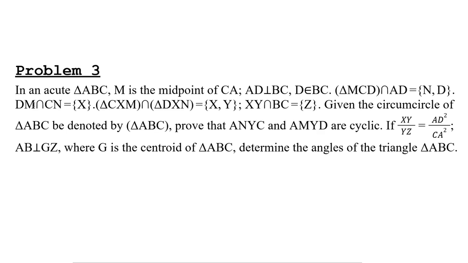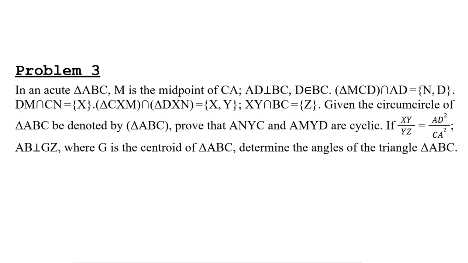And here we have DM intersection CN. That means DM intersects CN at X. And here we have triangle CXM. Here CXM is the triangle formed by C, M, and the intersection point X. And here DXN